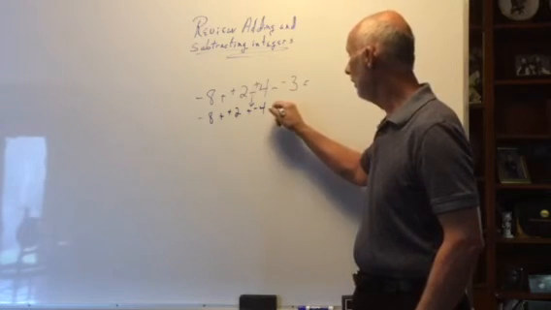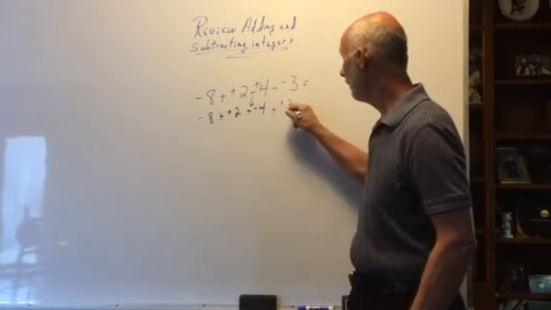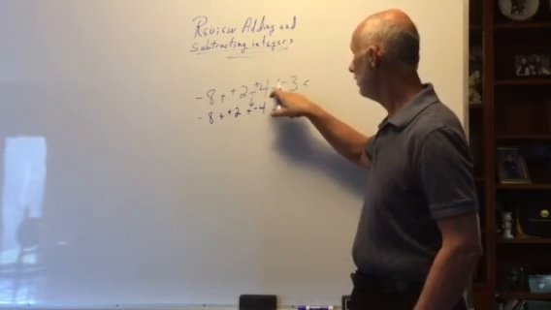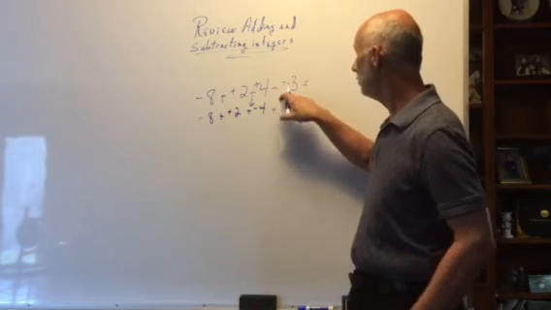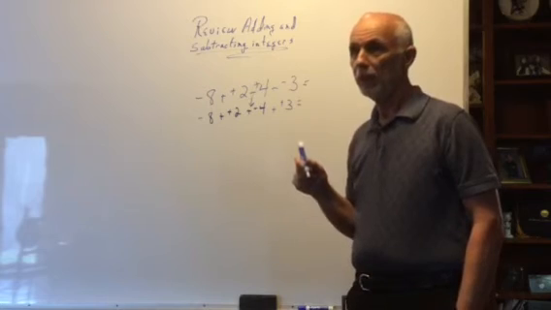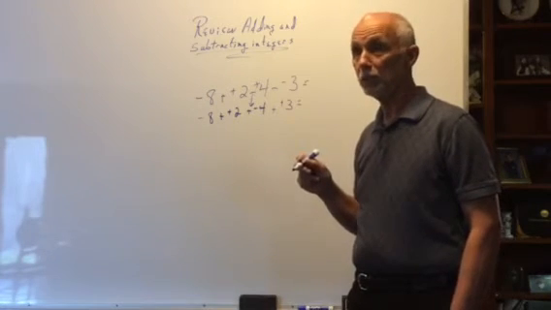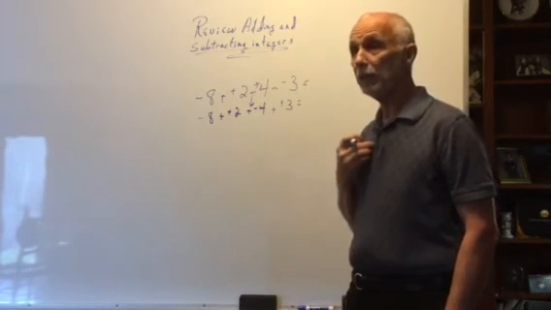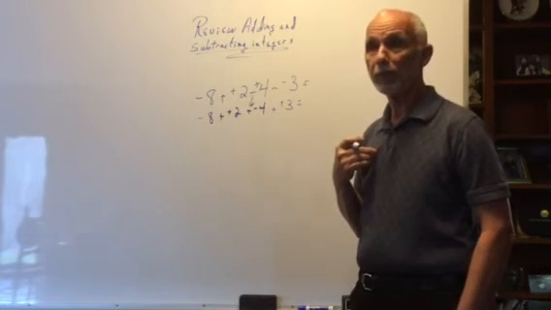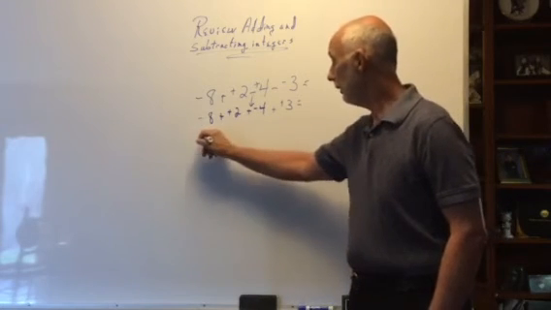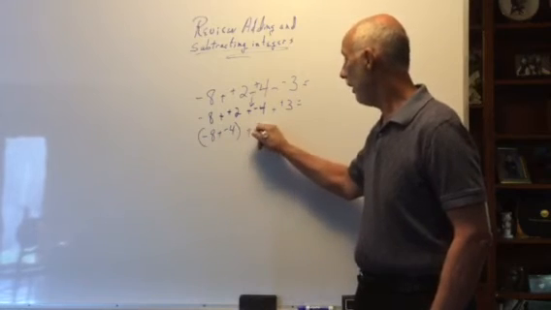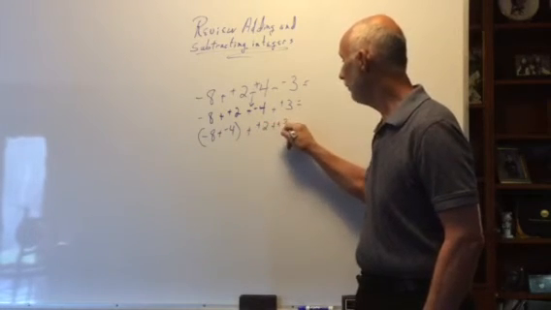Minus a negative 3 becomes plus a positive 3, because once again, minus a negative is plus a positive, because to change subtraction to addition, you change this to its opposite. So now that I have all addition, now I can use the addition rules. Now again, what I like to do is use the commutative property and associative property of addition to regroup. The negative 8 plus the negative 4 group together, and the positive 2 plus the positive 3 group